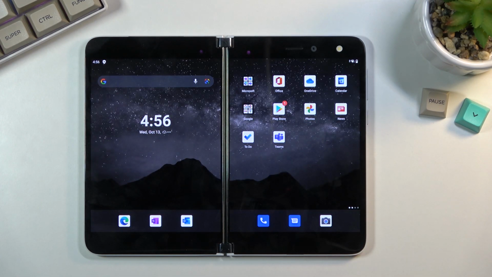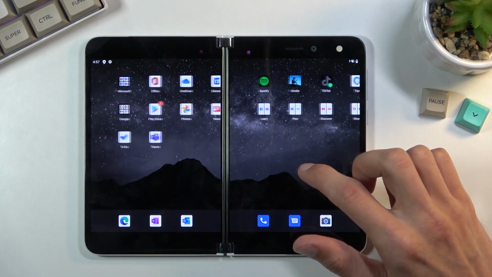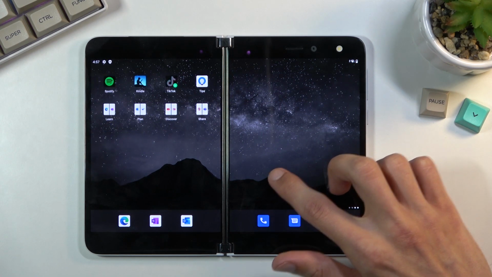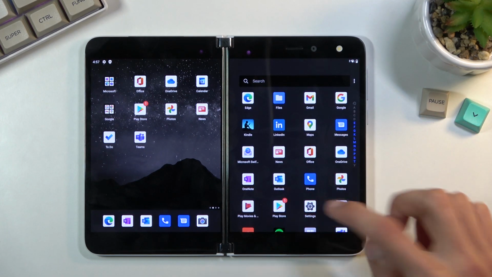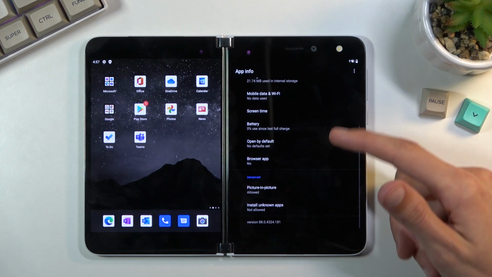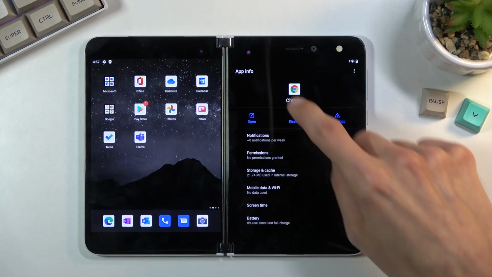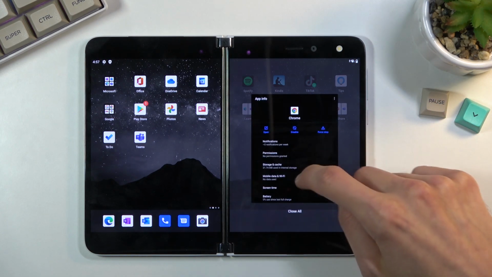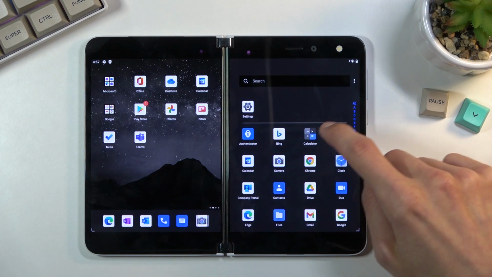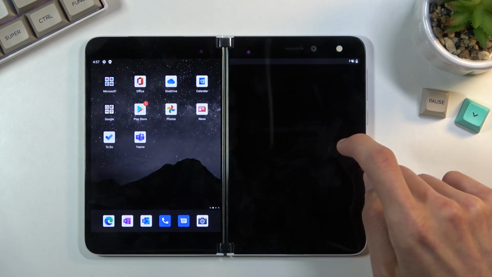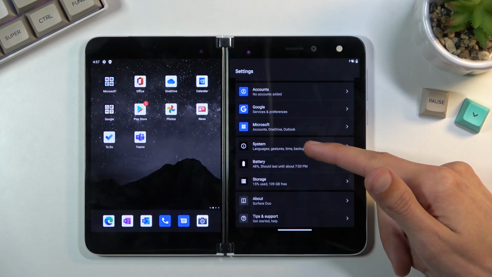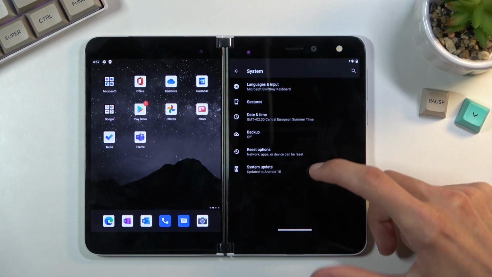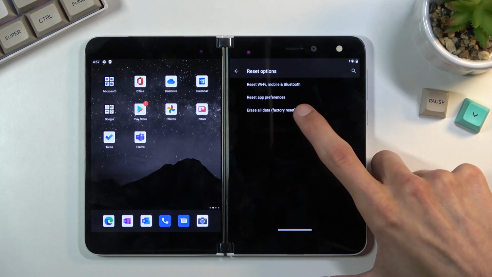Okay, so from here you want to navigate to your settings. You can actually find it. There we go, settings. Scroll down. So let's just close this. There we go. So settings, scroll down, and from here you want to go to System, Reset Options, Erase all